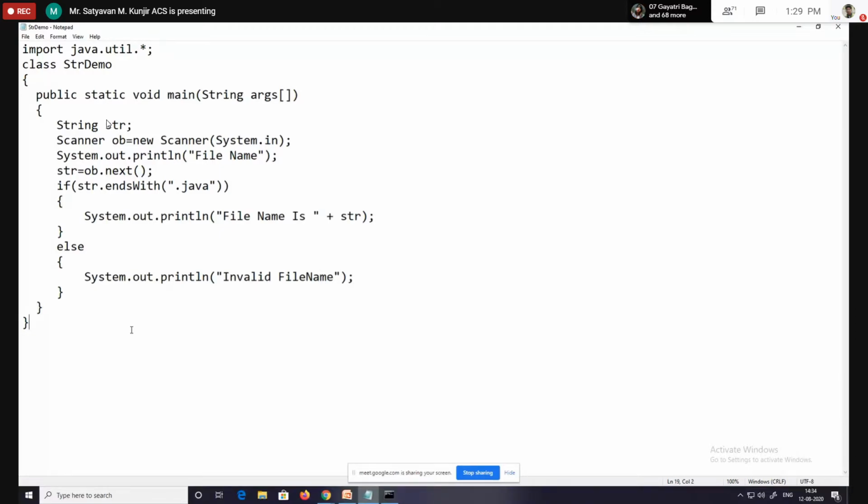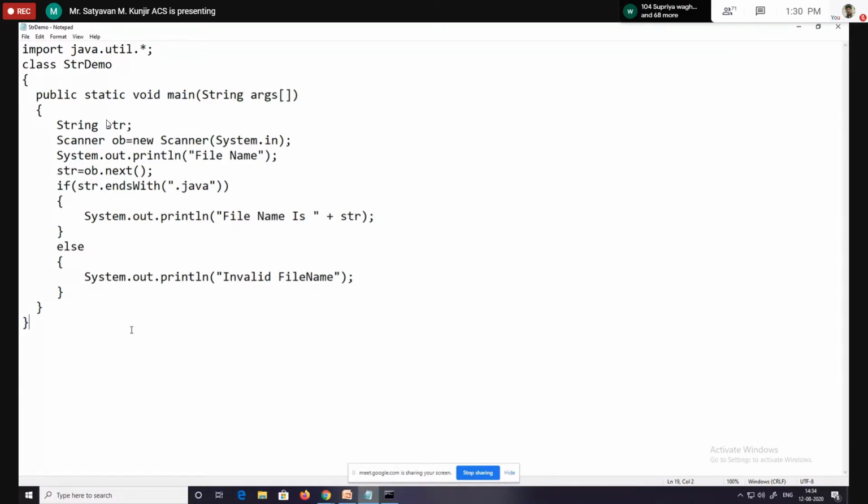Okay, is it clear? Write a Java program to accept n file names from the command line and display the files having extension .txt. The file names we have to take through the command line.